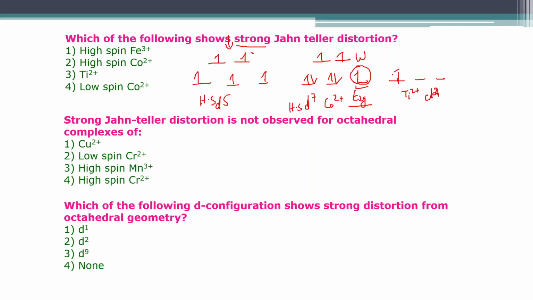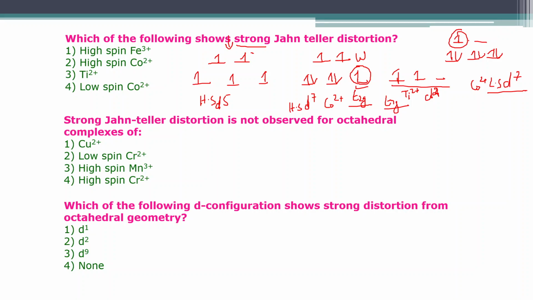D2 configurations, and the electrons are arranged in this manner. Here also the uneven arrangement is in the t2g orbitals. Last one, we have cobalt 2+. We know cobalt 2+ is d7, but it is low spin cobalt 2+. And if we arrange the 7 electrons, we get these configurations, and in these configurations we have an unsymmetrical or